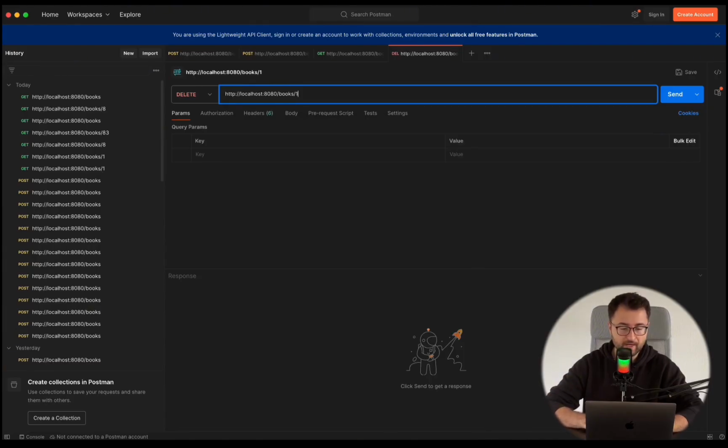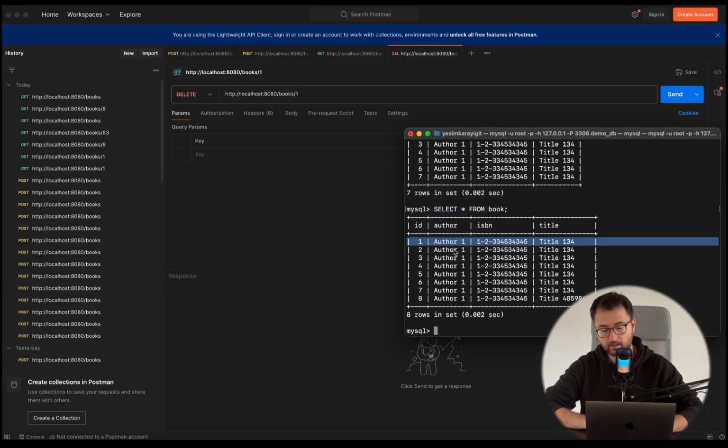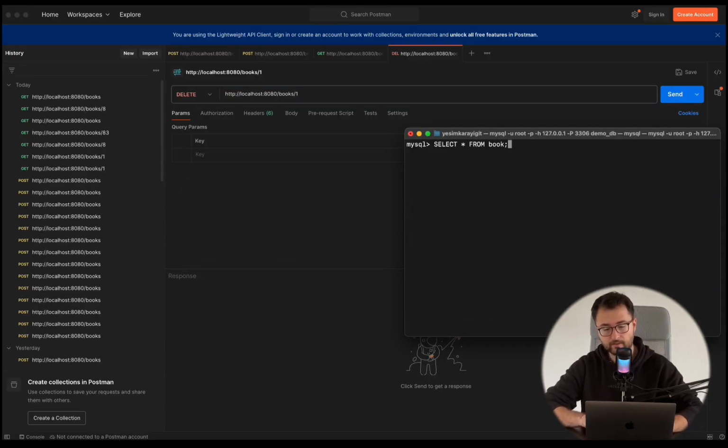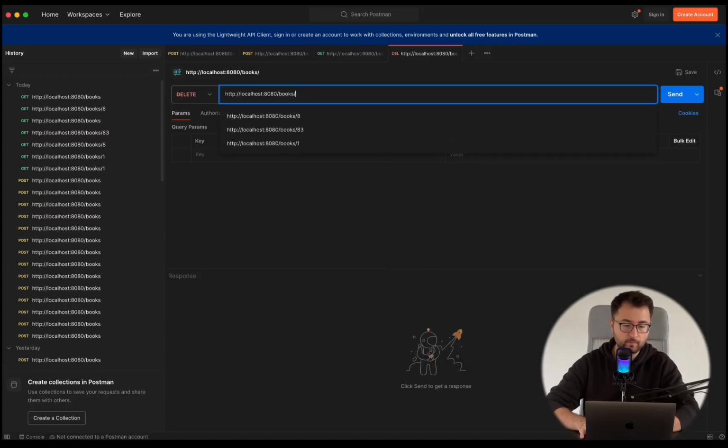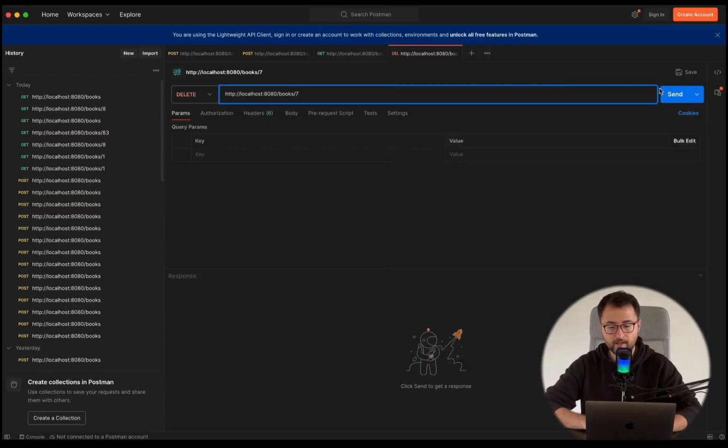So in order to make sure that we can trace what happens, I'm going to clean all of this and execute the select query. And now we have books with the IDs ranging from 1 to 8. So if I go ahead and try to remove the book with the book ID 7 and click on send,